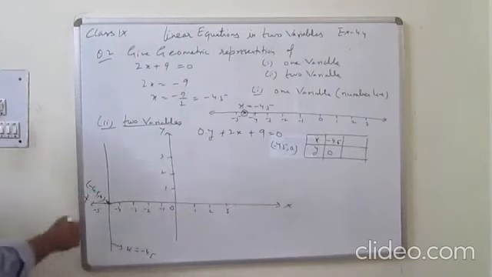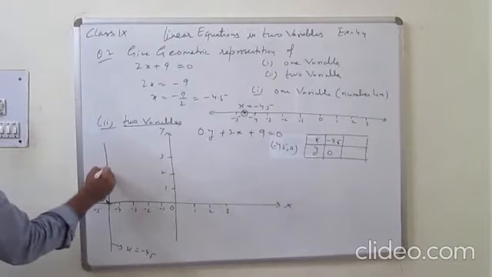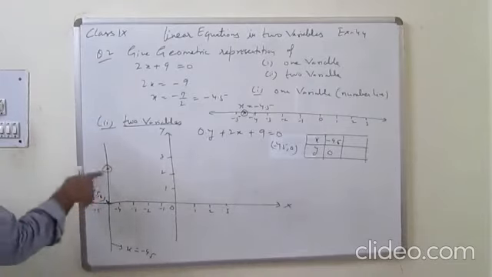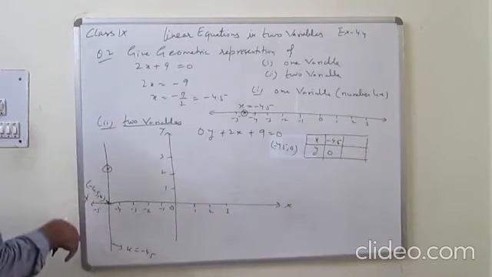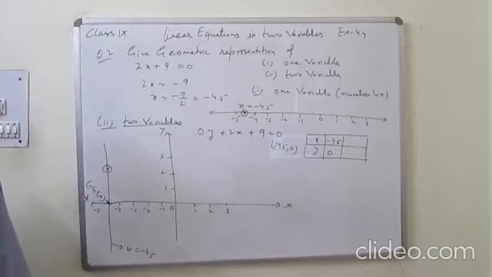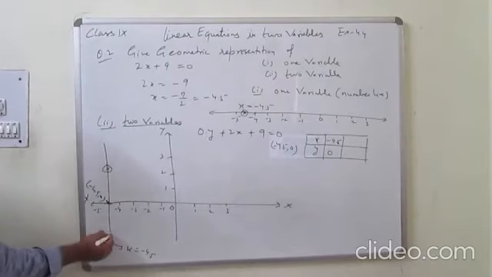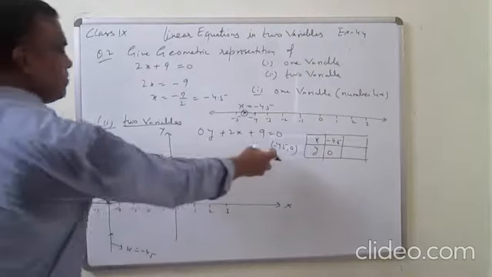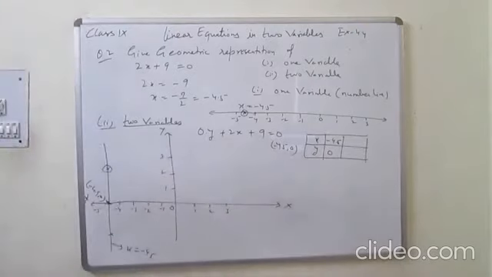If you take any other point, suppose you take this point, what is this point? At this point minus 4.5 will remain fixed, and what is y coming? 2 will come. Minus 4.5, and you can take another point here. So which point is fixed? The x point is fixed on the line.